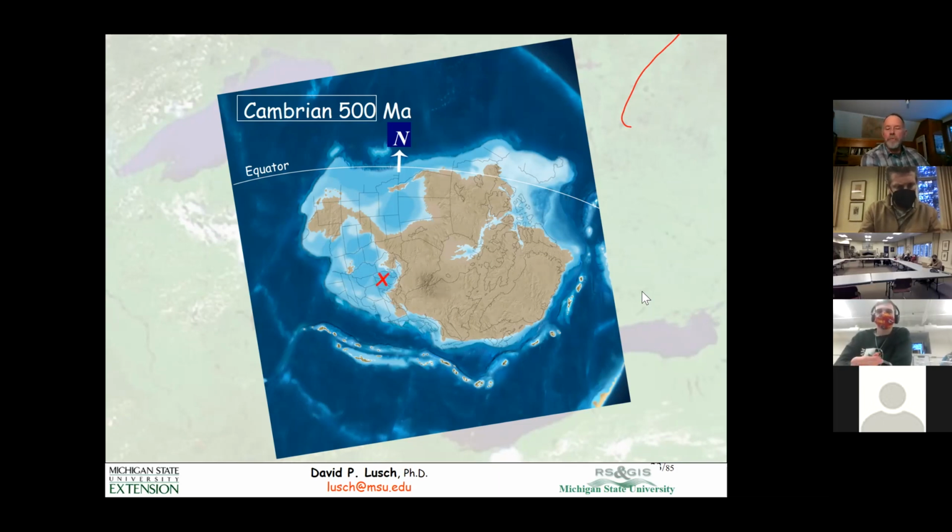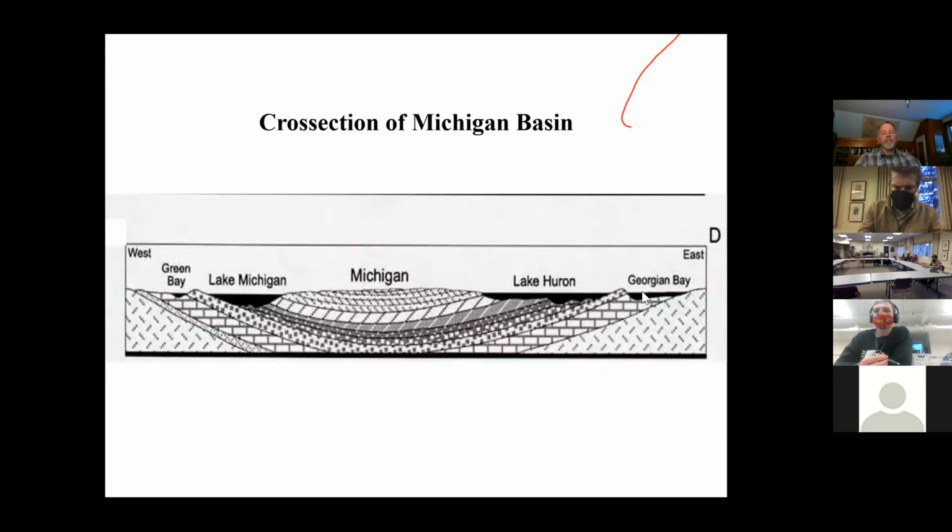So these were warm seas that accumulated sediment that became rock, and the legacy of that era persists to this day in the formation of the Great Lakes. So again, back to our structural diagram here with the rock units